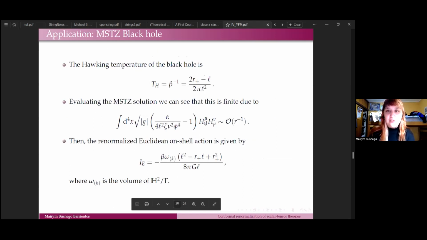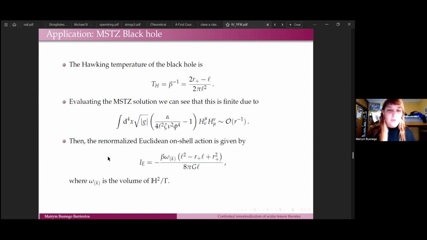As I was saying, this solution is not Einstein, but has a Weyl falloff, so it's finite. Due to the terms falling as 1/r, we can get the Hawking temperature for this black hole, which is given by this. Also, the Euclidean action is equal to minus the logarithm of the partition function. We will get the renormalized Euclidean action, and it's given by this,